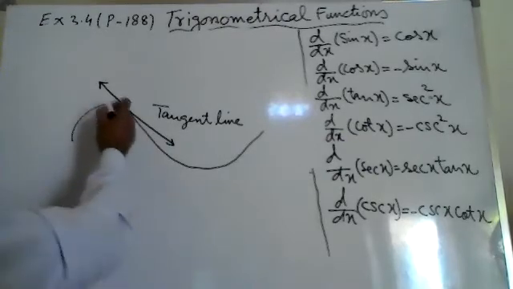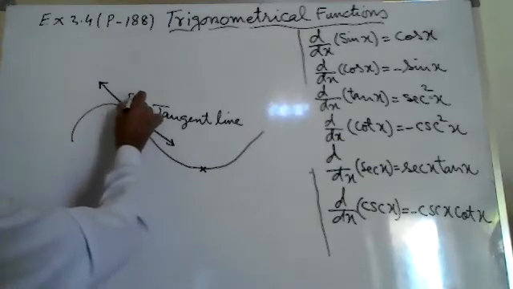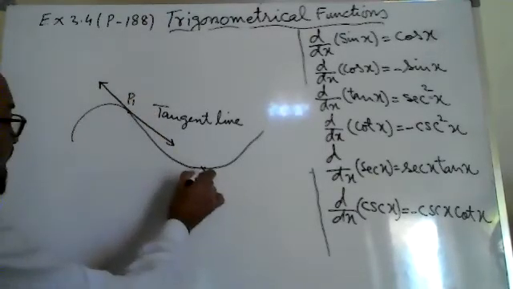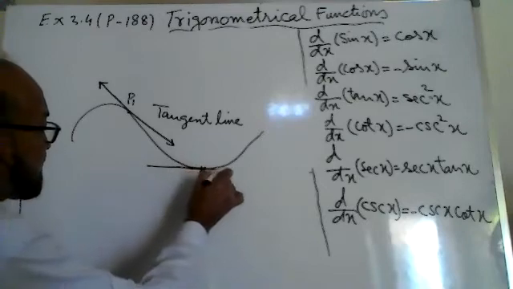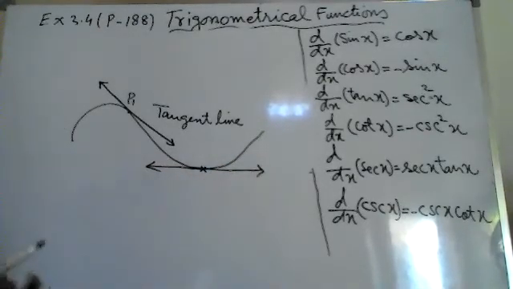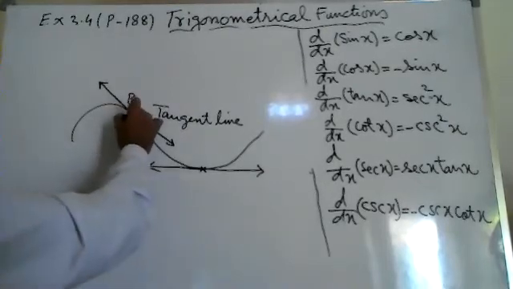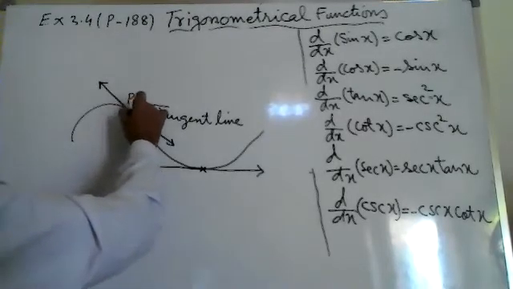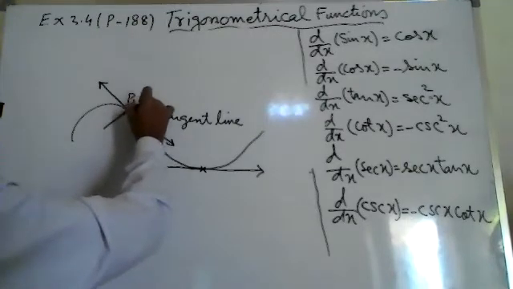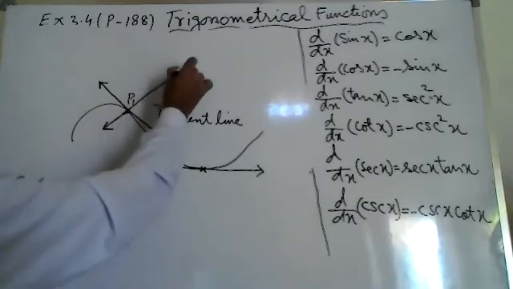For example, here, maybe at this point, this is point P1. Is this one at point P2? Maybe just like that. So on the same curve, at different points, the tangent line will be different. So this is called the tangent line. And the line perpendicular to the tangent line is called the normal.